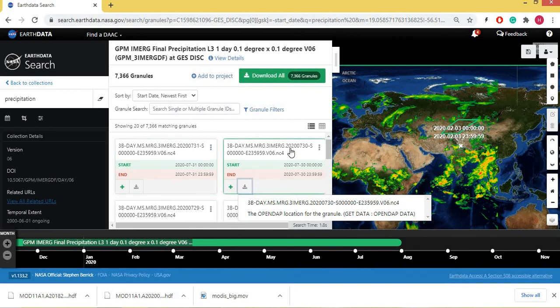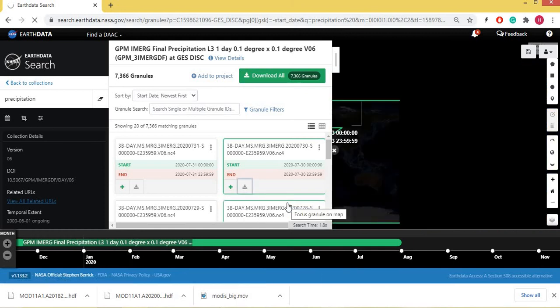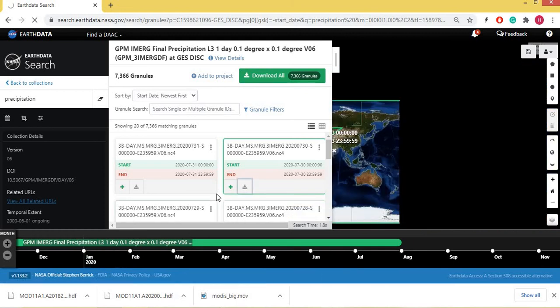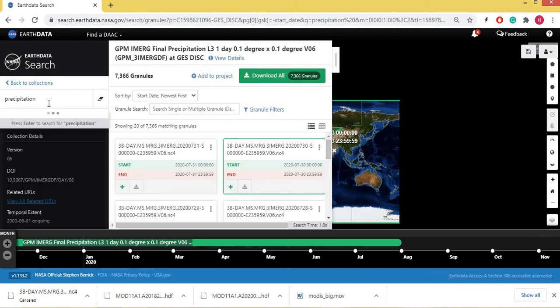This image is of 2020-07, meaning July 30, and it is of version 06. So if we are going for this one, you have to click this one, and this data will be automatically downloaded. You can see the data is here. This image is of 33.2 megabytes, and we are going again for precipitation.